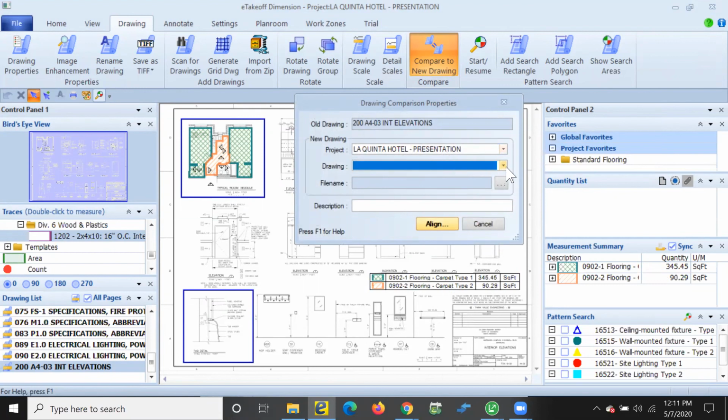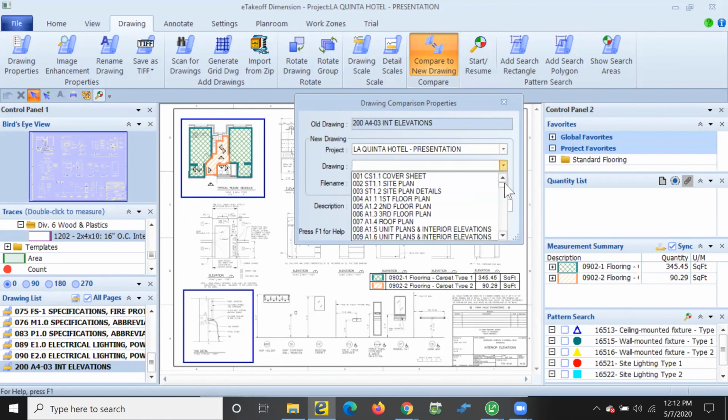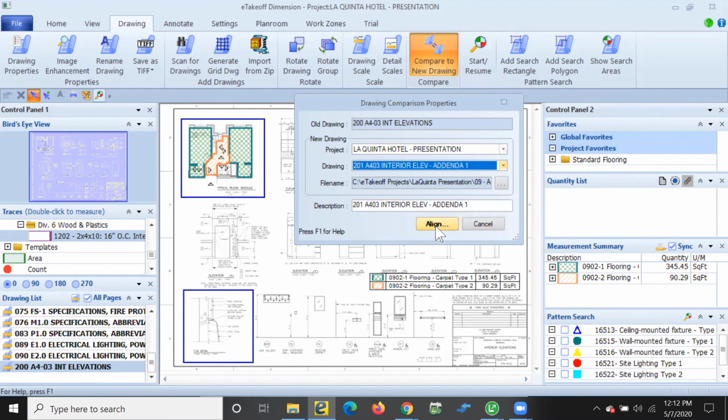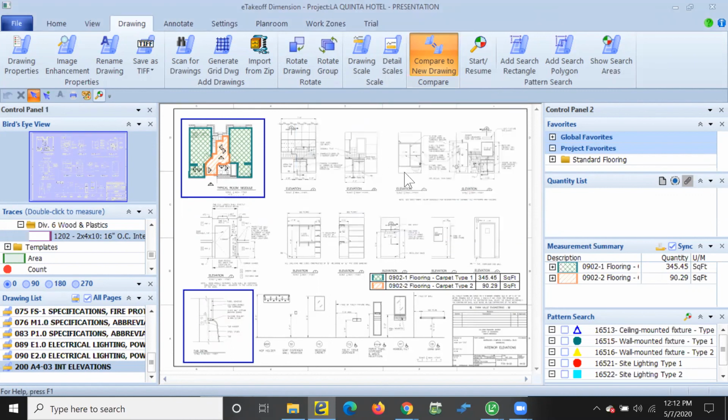So all I do is I can go and pick, so I'm picking from my computer here. With eTakeoff, you can select drawings from either a central place on your server or your computer, or even you can connect to an online plan room. So I'm just going to go through and grab a revised drawing I have in here from an addenda that came out, and I'm going to select a line. So there's the ability to adjust that drawing as it's brought in if you need to as well. And it will bring it in here.